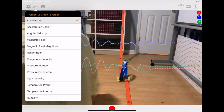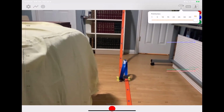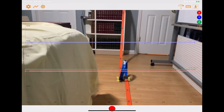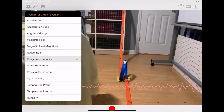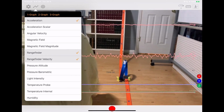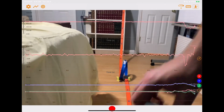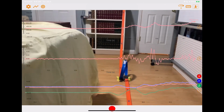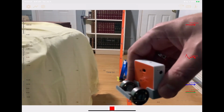We can also come in here and change the frequency. Let's first change the frequency, so take it from 10 hertz up to 50 hertz. And then we want to look at acceleration, and we want to use the rangefinder that shoots out the front. Regraph: acceleration, rangefinder. And that's going to let us get our position, velocity, and acceleration data all in one go. So when we're ready to actually record, we hit the record button, and then we can come over here,